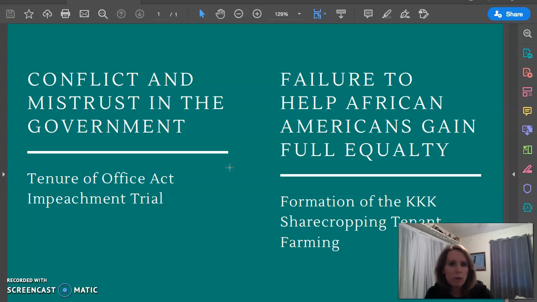They said that Andrew Johnson had broken the law. He had violated the Tenure of Office Act. He had made speeches that were disrespectful to the office of the presidency, and he had brought disrespect upon the government by some of the things that he said. And so he was impeached. In fact, he was impeached twice. However, they did not get the votes to throw him out of office, so he remained president.